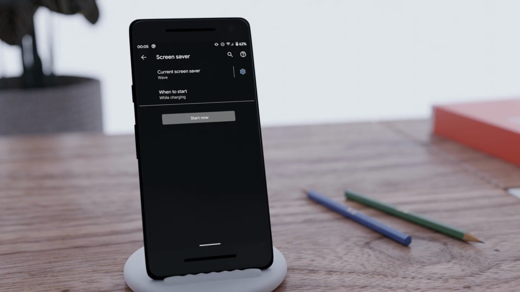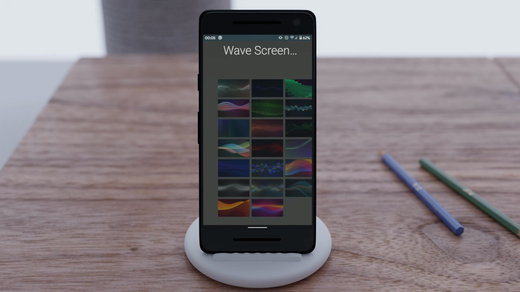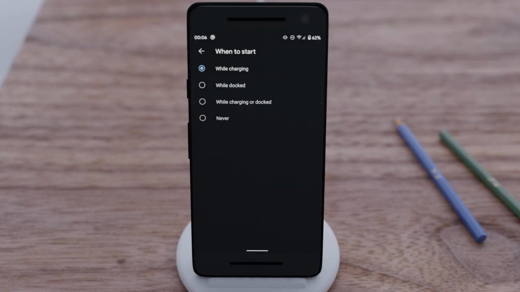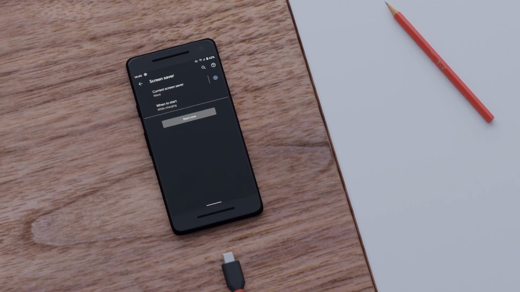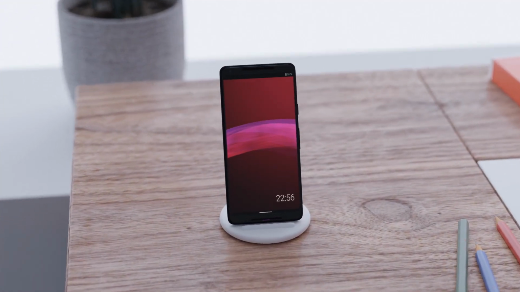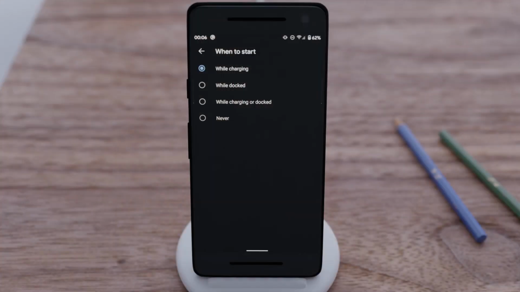If you see a settings icon next to the selected screensaver, you have even more options. For example, you can choose from different designs. The next option gives you the choice when the screensaver should start. The options vary from device to device. With the Google Pixel, you have the option to show the screensaver when you charge the phone, when it is in the dock, or in both cases. The default setting is